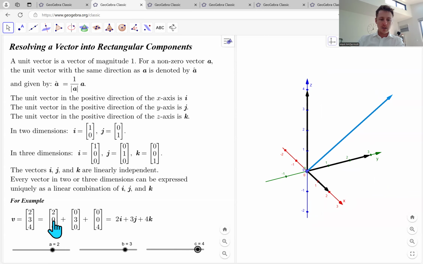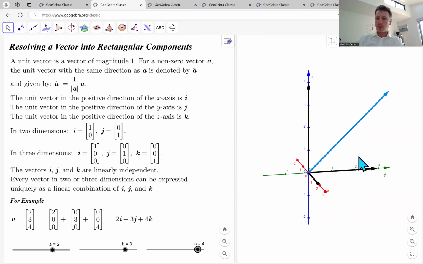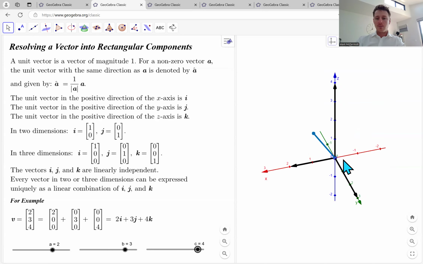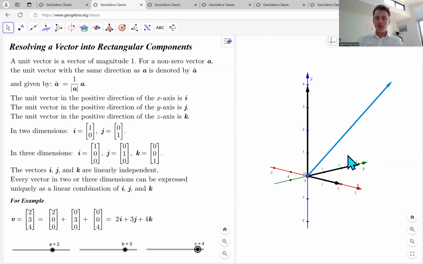Again, because they're linearly independent, we can combine them however we like to get every vector in 2 or 3-dimensional space. And this obviously shows us in 3-dimensional space. This is in contrast to linearly dependent vectors that we spoke about in the previous video, where you're stuck in 2 dimensions on a line, or in 3 dimensions you're stuck on a plane because you're linearly dependent. But because these are linearly independent, you can get everywhere, which I think is pretty cool, just by combining them